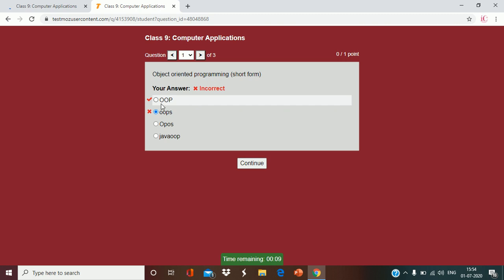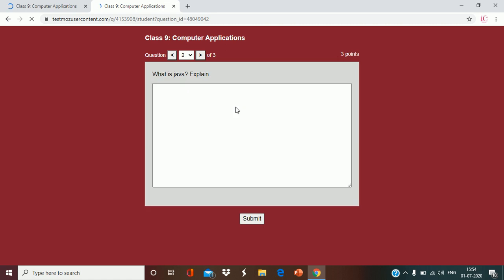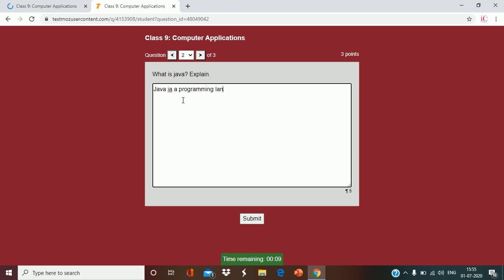So submit. It will show here only. See, incorrect. But if the student again wants to change it, it is not possible. Once they click, that is final. After submitting, they cannot change the answer. Now continue. After continue, what is Java? Explain. So the student will write about Java, that Java is a programming language, and whatever they write, everything is possible here.